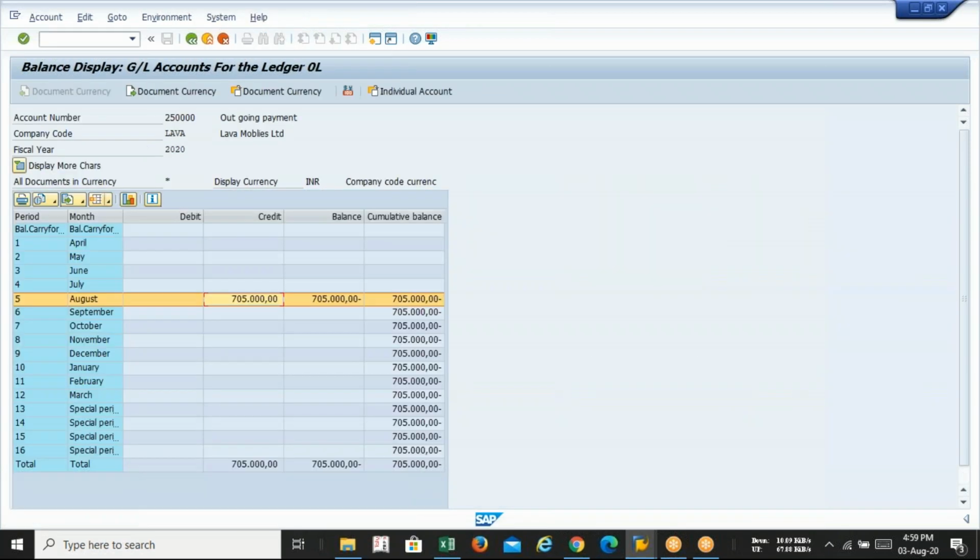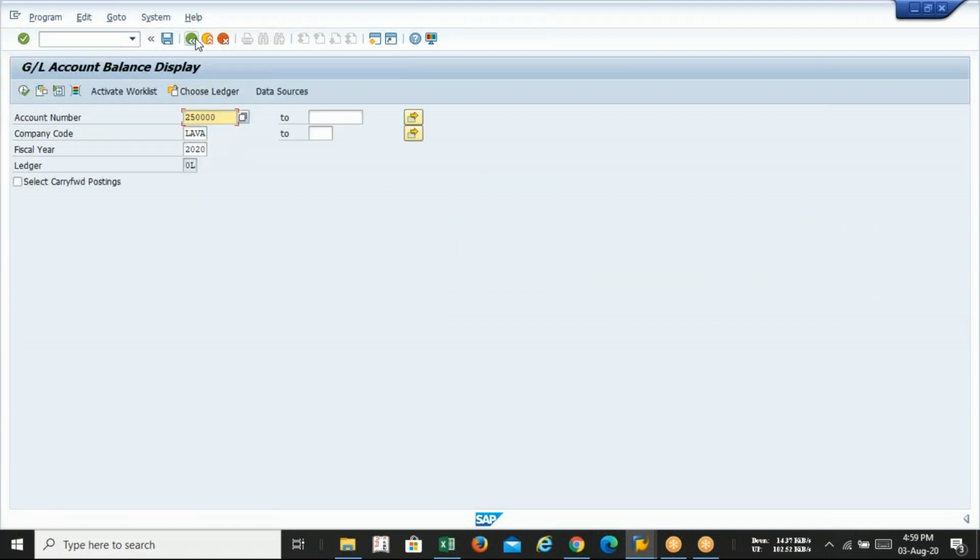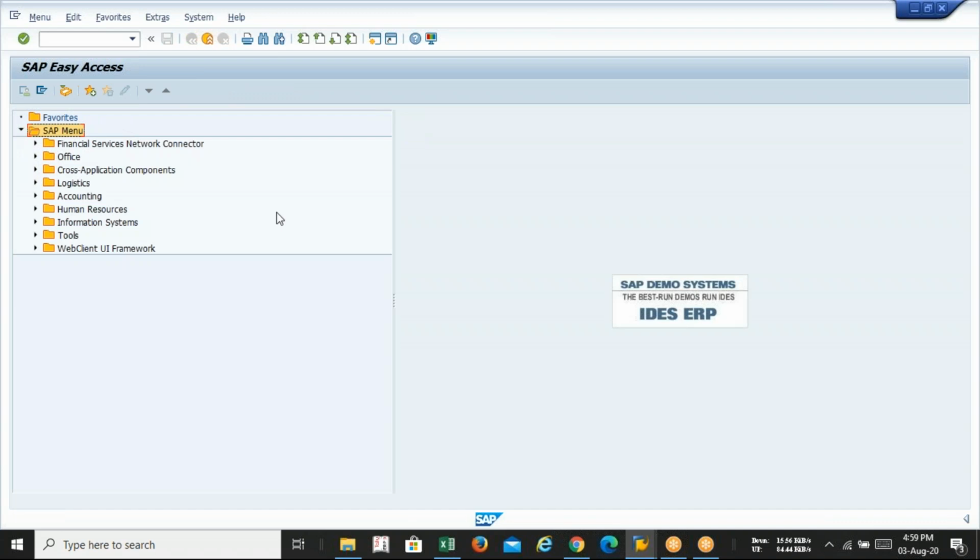This is the reporting part of SAP. After posting all the incoming and outgoing payments, you can check the balance in this manner. I think we have now cleared up why we created two different GLs to check the balance separately. If you want to check the outgoing payment balance, you check the outgoing GL. If you want to check the incoming payment, you check the incoming GL.